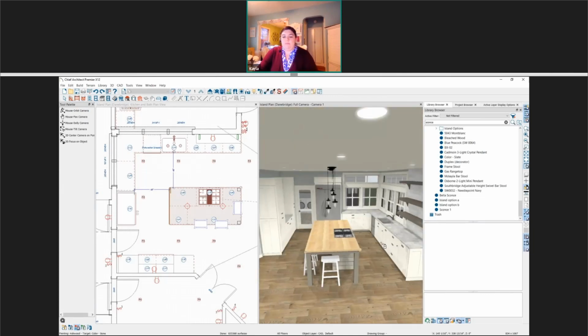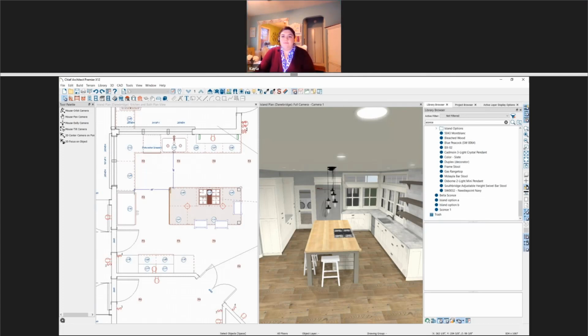So what I recommend is that instead of doing that, you use a unique material for the cabinets that you would like to be able to change all at the same time. So all of these outer cabinets maybe would have one material, and the island would be utilizing a different material, and those materials would be unique to those, not used anywhere else in the plan. That makes sense. Thanks. Of course.